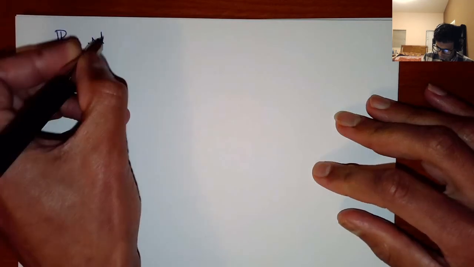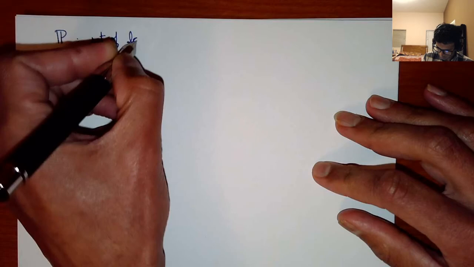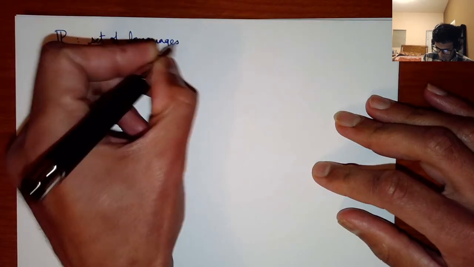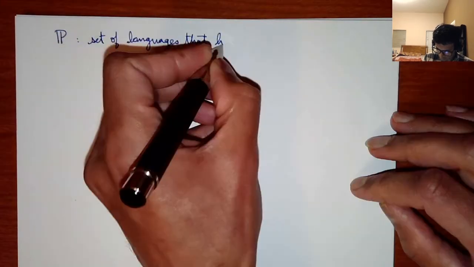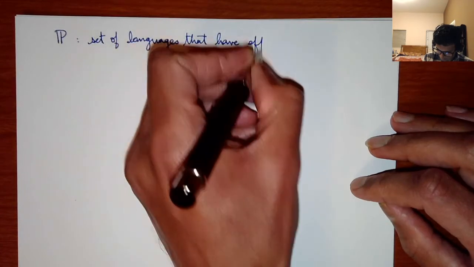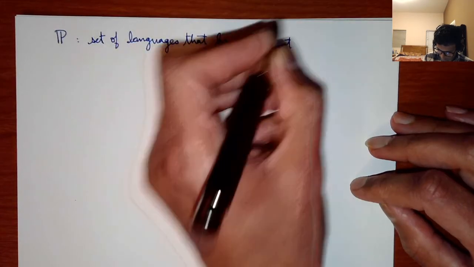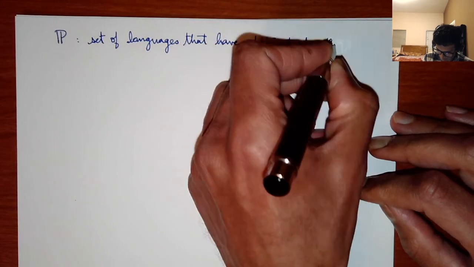So let us now relate circuit complexity to time complexity and the classes that we know and love like P and NP. So we can ask, P is the set of languages that have efficient algorithms,